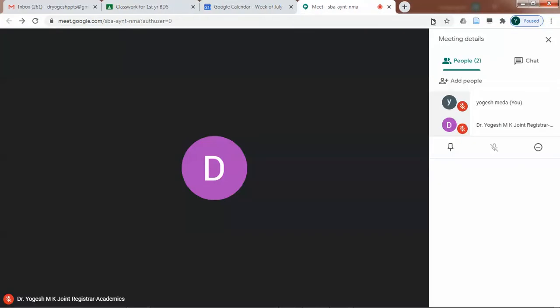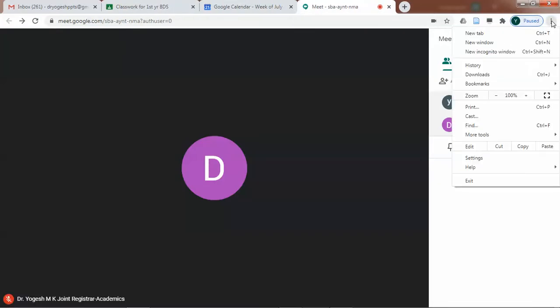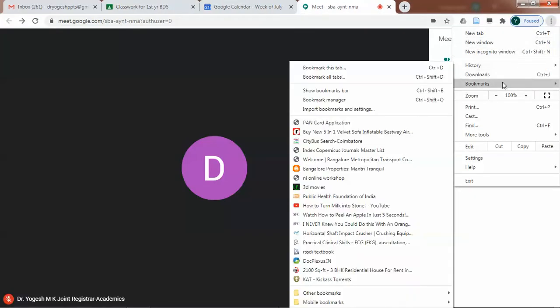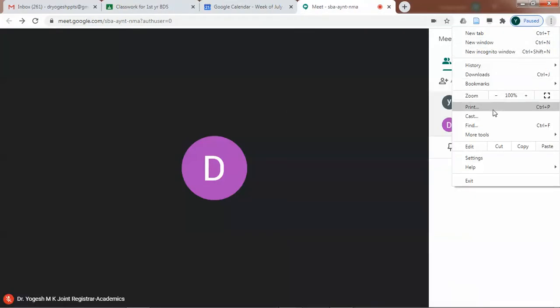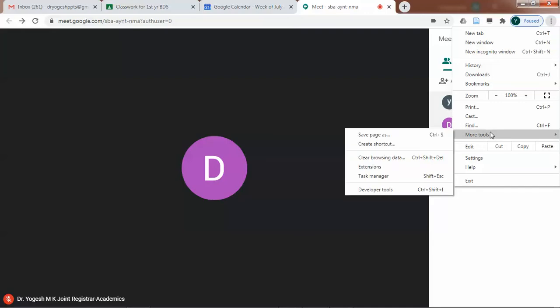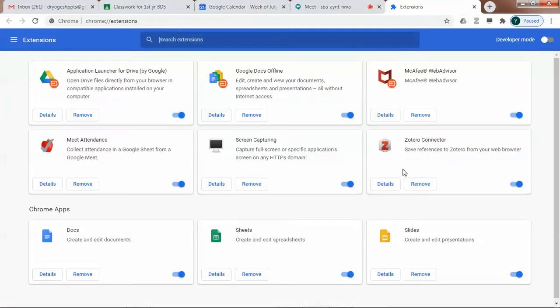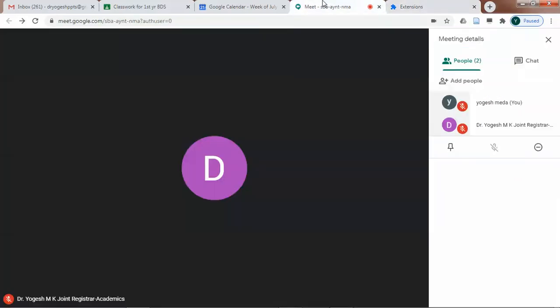It's not in the settings, one second, it comes in the extensions. Yeah, this is the extension. When I click on my extensions, see on the left side, this is the Meet Attendance. Download this one, and once you download it, automatically when you are taking a class,